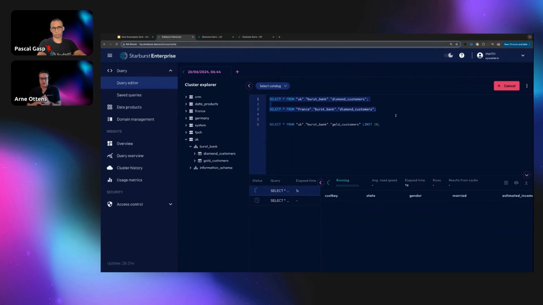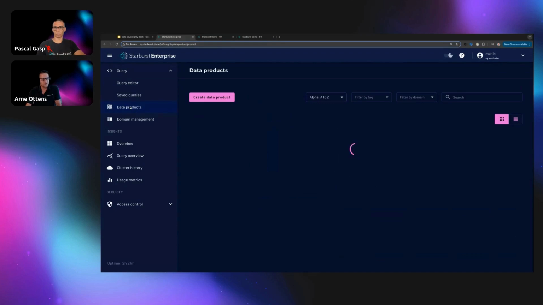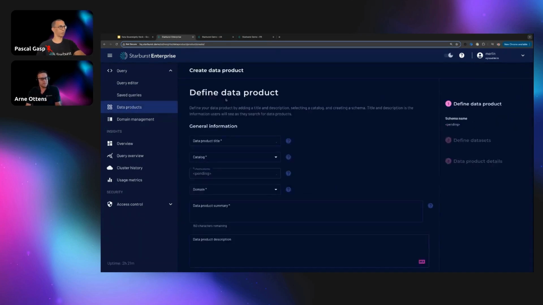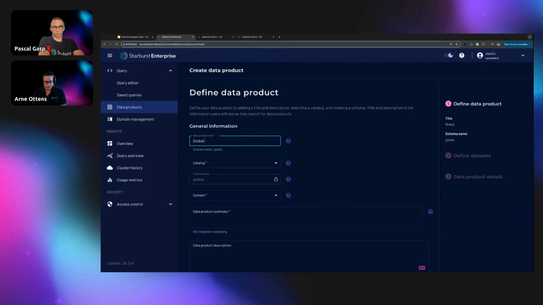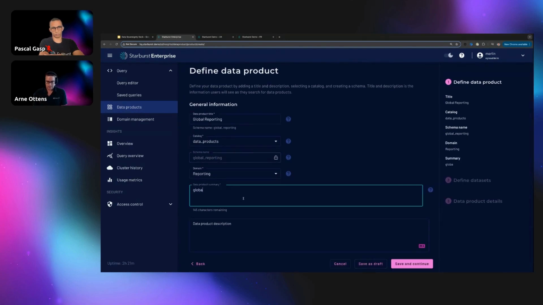So now we're reaching out to two different clusters, getting similar results. And I want to expose them in a single data product, right? I want to union them essentially. So what we can do now is, of course, go to data products again, create a data product from scratch, like global reporting, for example. We select our data products, our domain, give it a summary, global reports,